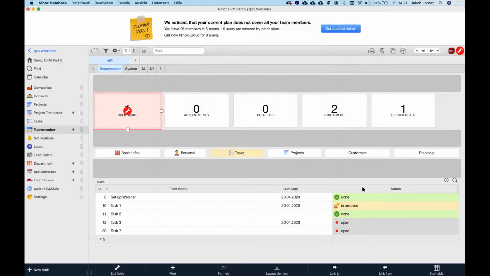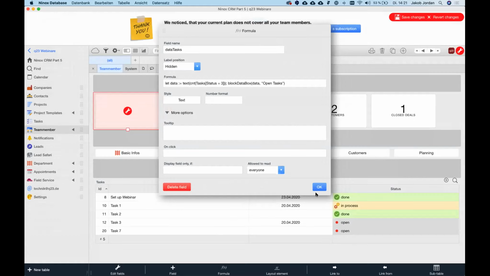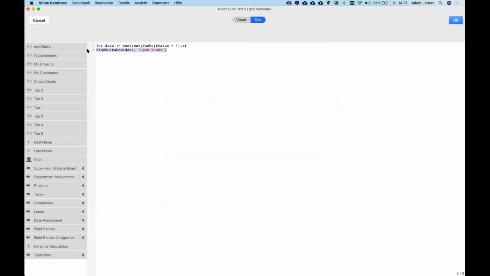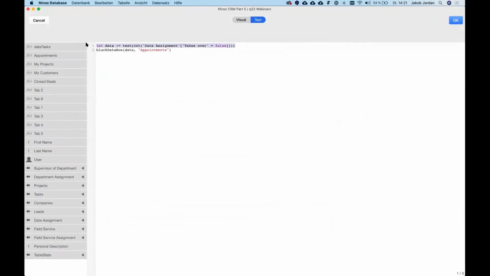Right, and this would be in process, yeah. It's only 1, or also 3. So you can define whatever data you want to have inside this global function, right? And it's such a time saver, sorry, if you do it as a global function, because then you can use it on other fields too. As you can see here, I inject the data, count date assignments,